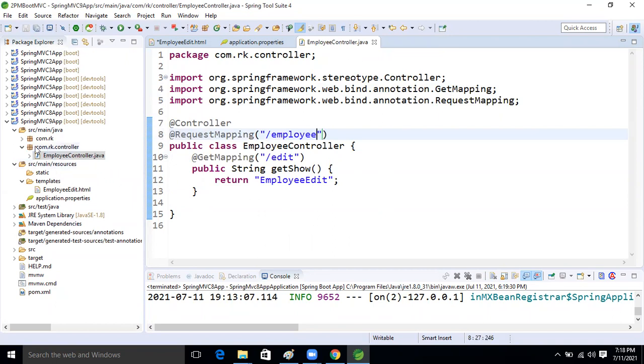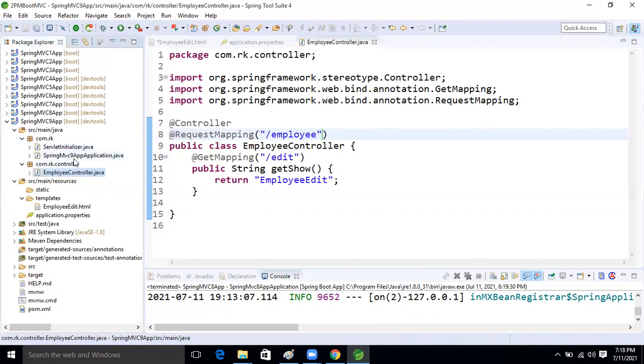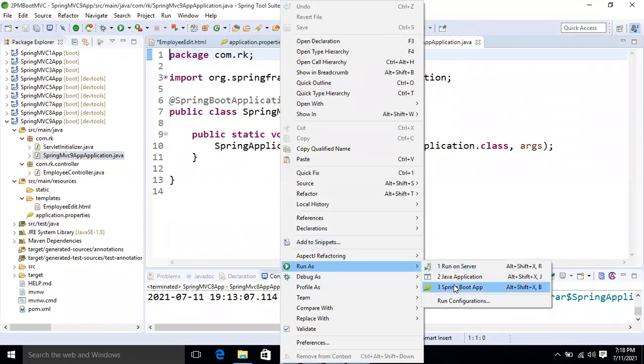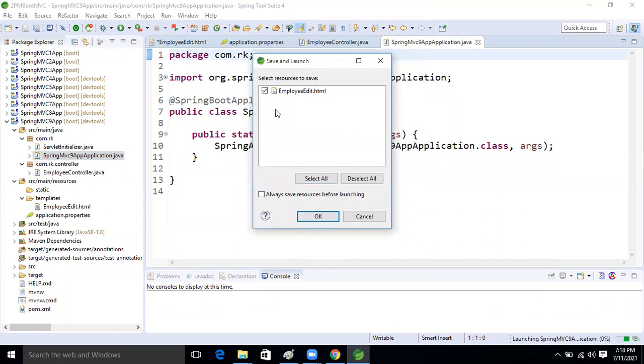Okay, so let's run first. Controller. Let's run that and we will see first whether our application is running perfectly or not.